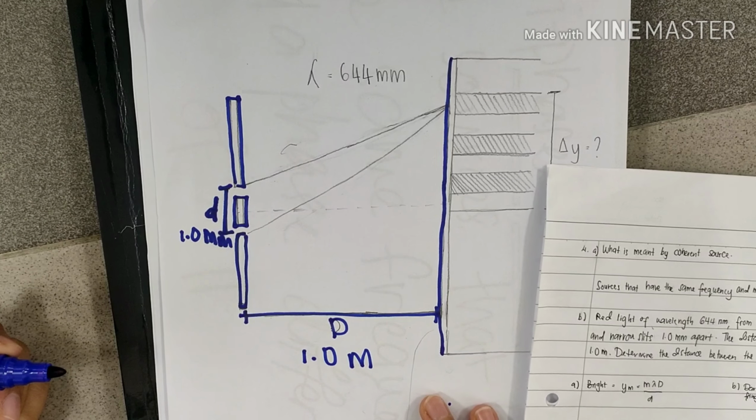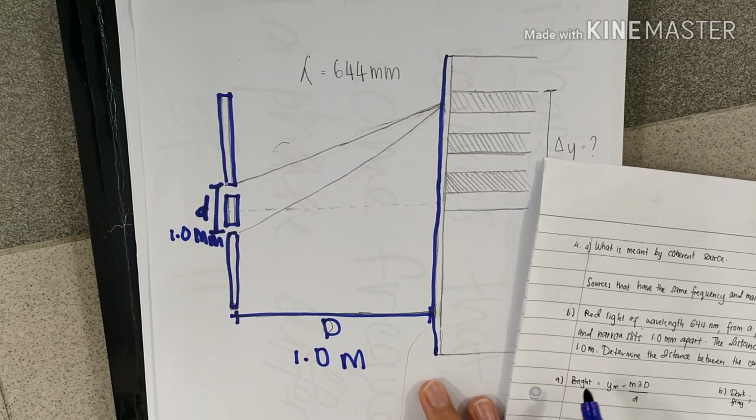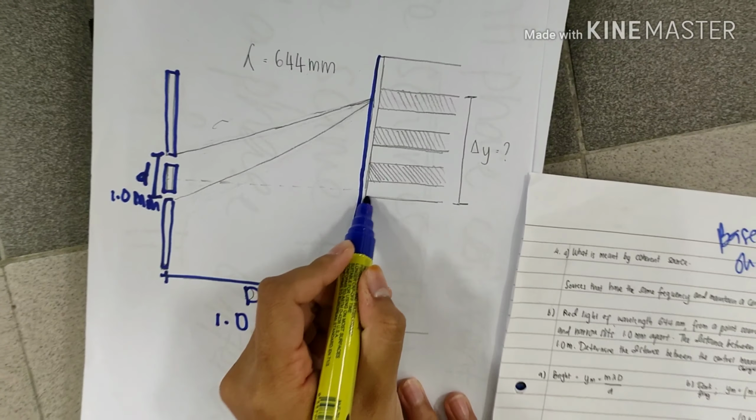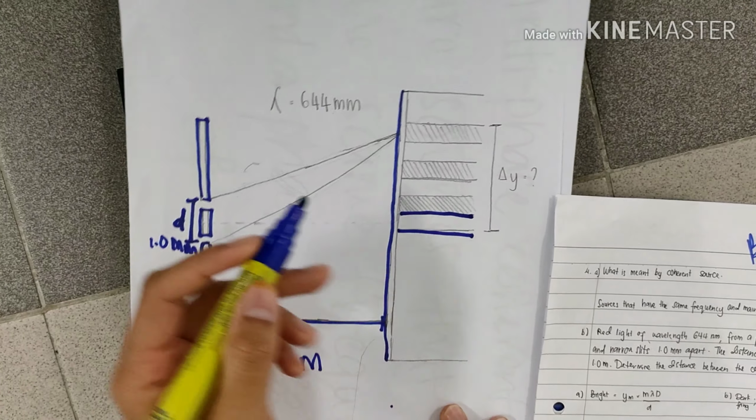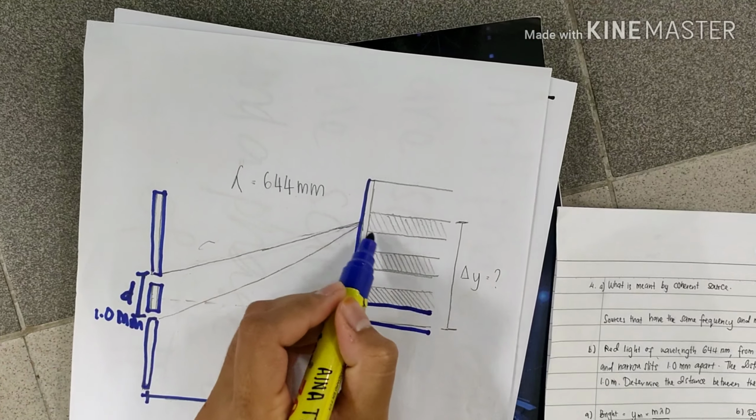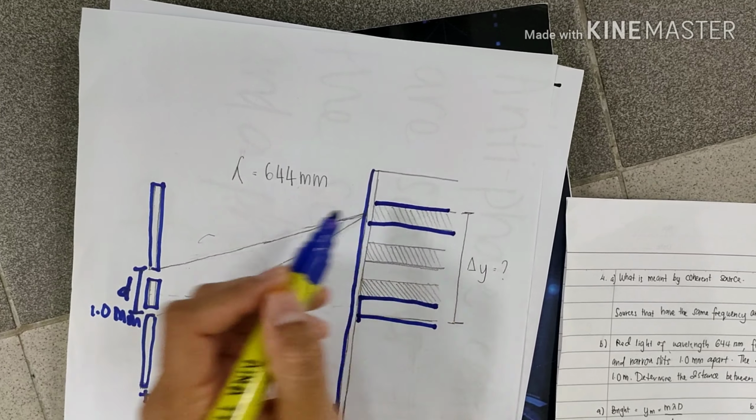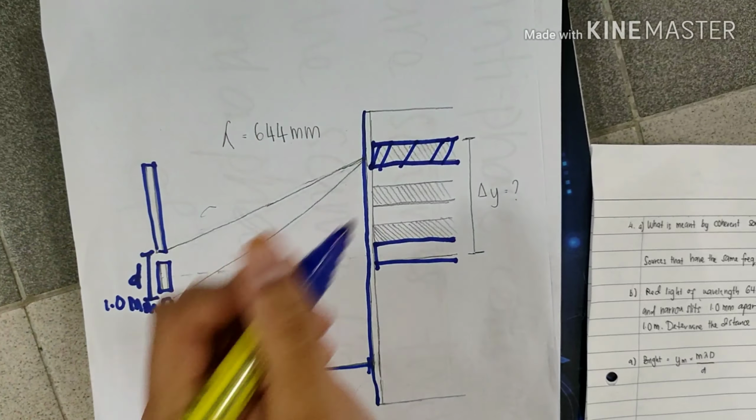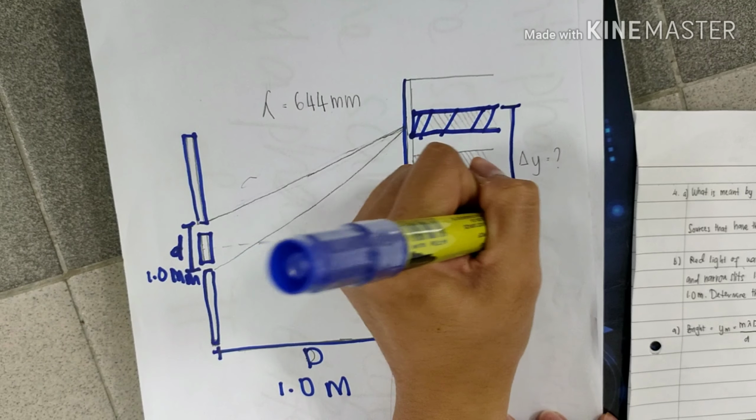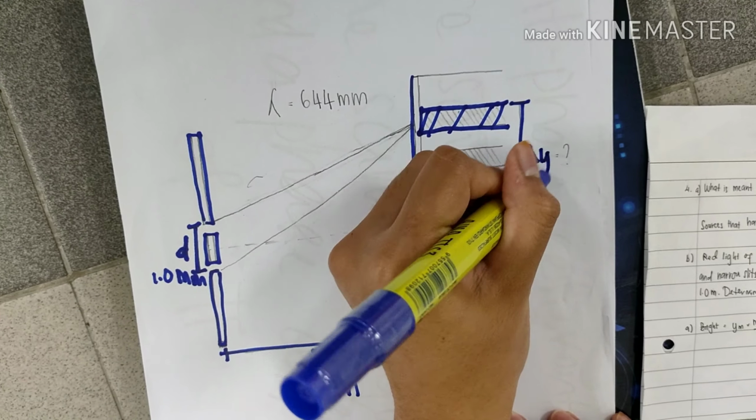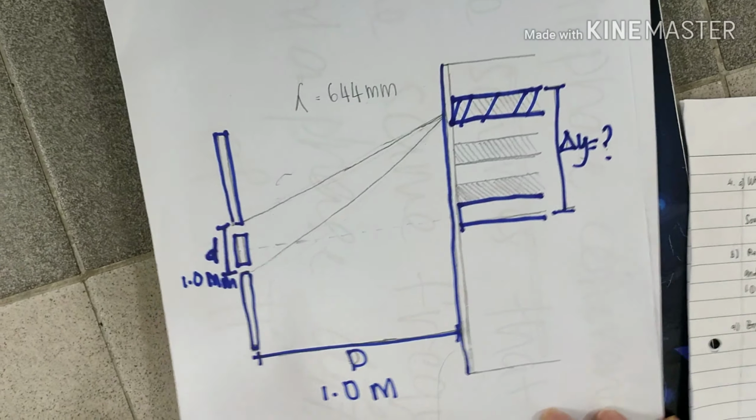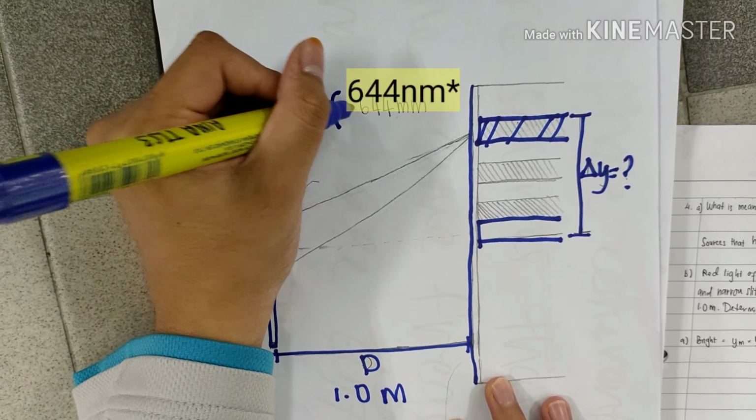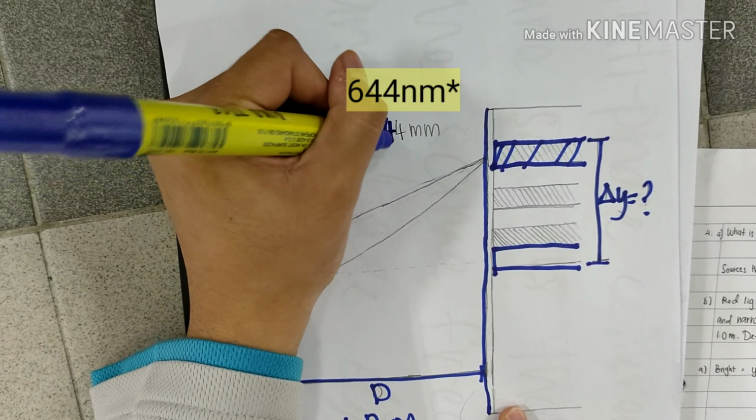And the question asks, determine the distance between the central maximum and the third order minimum. That means this one is the central maximum and this one is the third minimum. So we need to find the distance between these. Given lambda is equal to 644